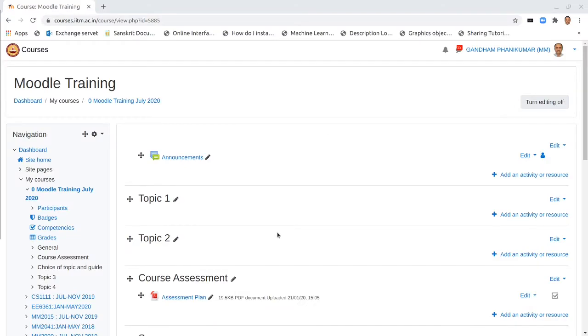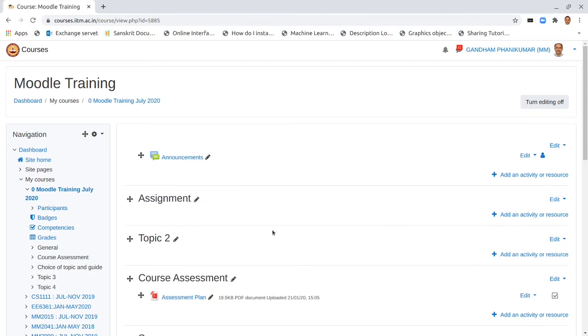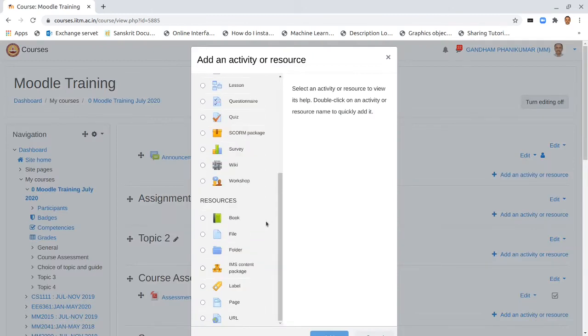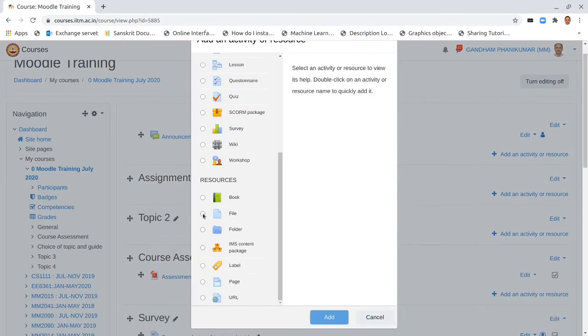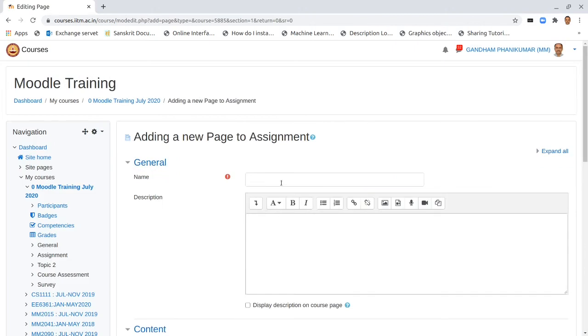I have opened a small course here. The title of the course is Moodle Training, just for our practice. We choose any of the topics that are there, and you can edit that and say that this is basically for the assignment. The very first thing is about the instructions. So we can add an activity, and ideally we can put a page there. Add the page, and here we write